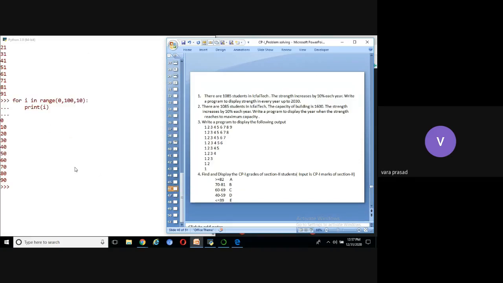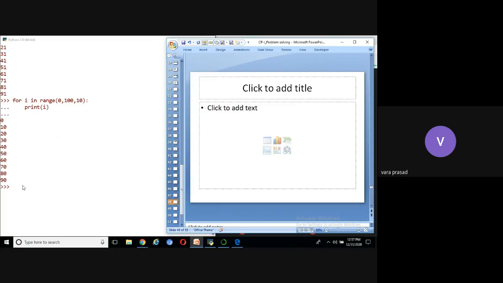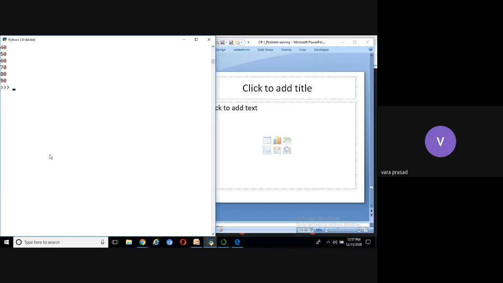Now I'm going to write the equivalent while loop for the given for loop. Let us take: for I in range(1, 10, 1): print I. What is the equivalent while loop?